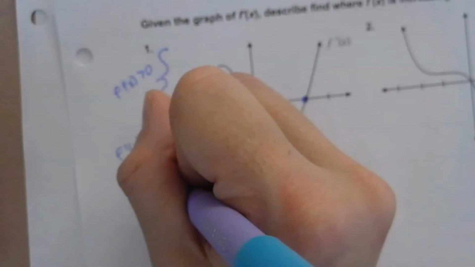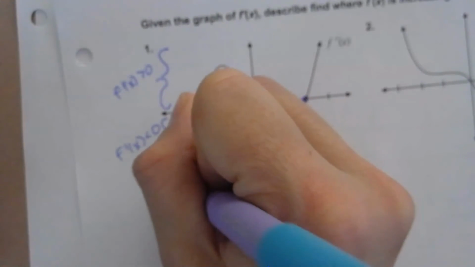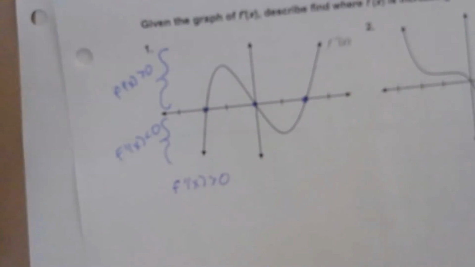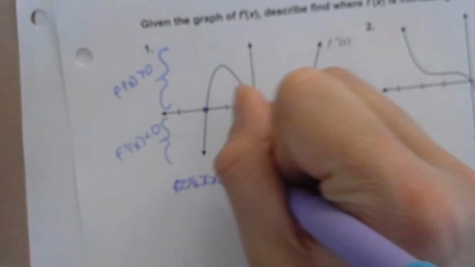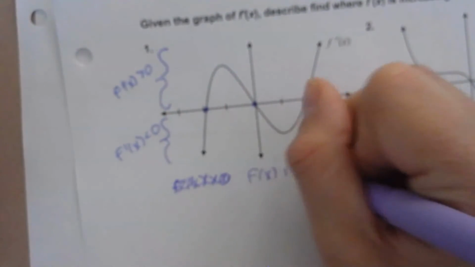So f prime of x is positive. We don't need anything on f prime, but we just need where f of x is increasing. How do you justify it? Well, I like starting with f is increasing. Fine. f of x is increasing